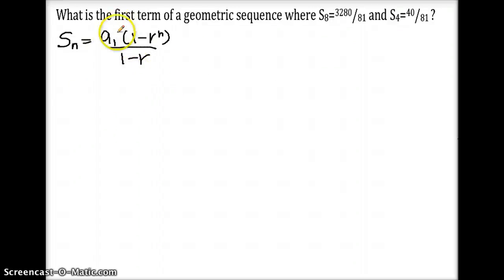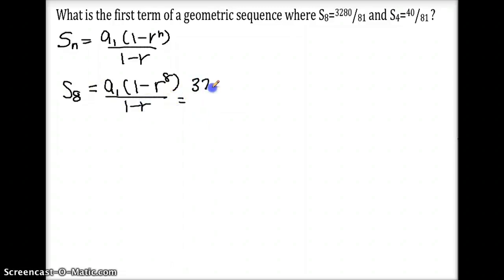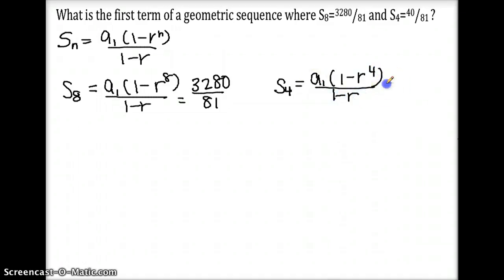And what we want to find is a sub 1, but we sometimes need to find r to find a sub 1. So here I'm going to write this down. So S sub 8, which is the sum of the first 8 terms of the sequence, is a sub 1 times 1 minus r to the power of 8 over 1 minus r. And this equals 3,280 over 81. And another equation we can make is using this information we have here. So S sub 4 equals a1 times 1 minus r to the power of 4 over 1 minus r